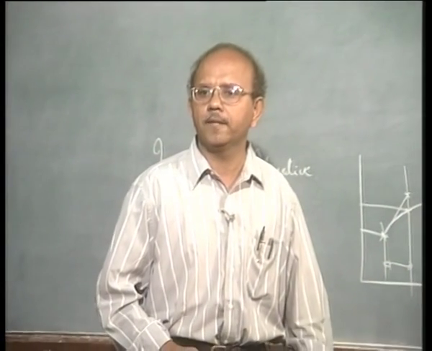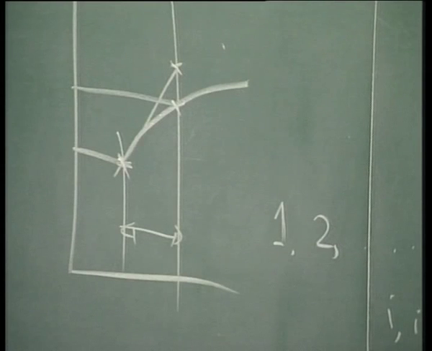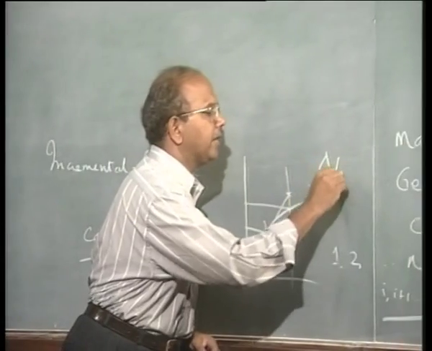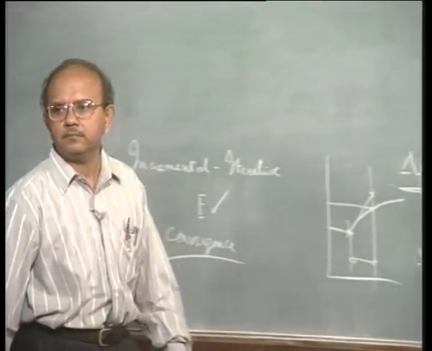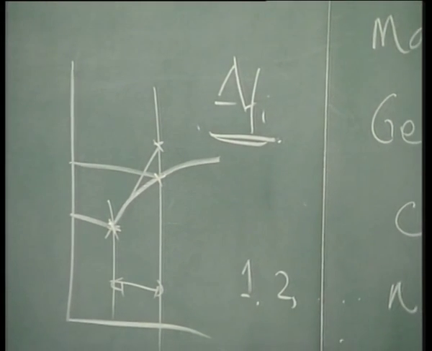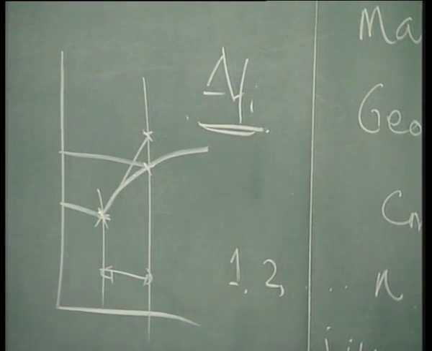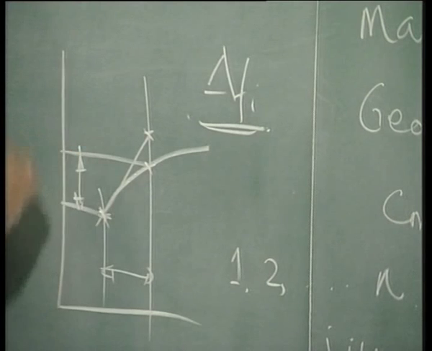Okay. Now from this point I am moving to a higher point, say from I to I plus 1, that is what I said, 5 to 6. So I apply more load. Let us say that I apply a load of delta Fi. What is delta Fi in this case? That is delta Fi.